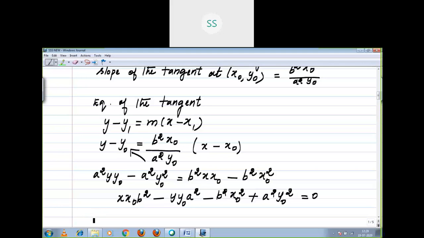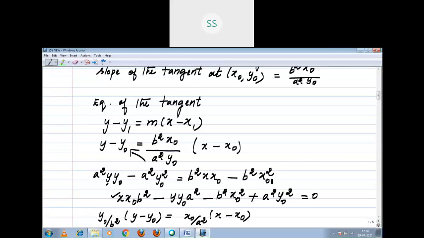I am going to modify in terms of equation of the hyperbola. For that purpose, I am going to multiply the b square by y naught. I am going to shift to the opposite side as y naught b square, right? y naught by b square into y minus y naught equal to x naught by a square into x minus x naught. This is also correct, right? What you wrote, that is also correct. This is also correct. But you are going to modify in terms of equation of the hyperbola, right?